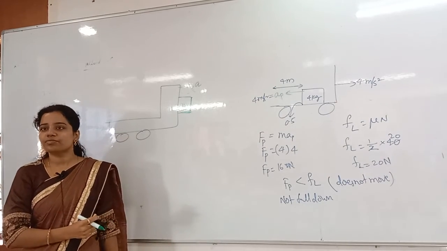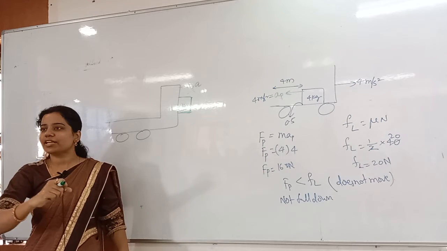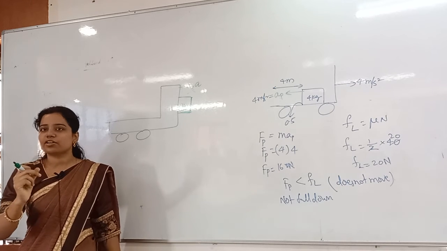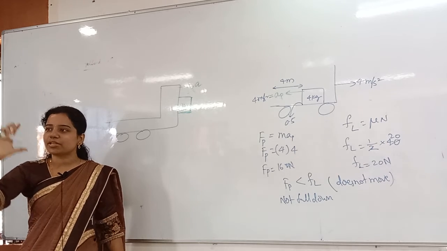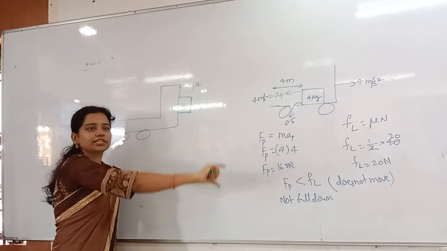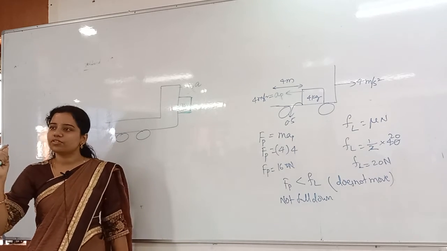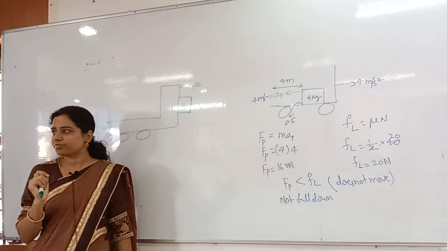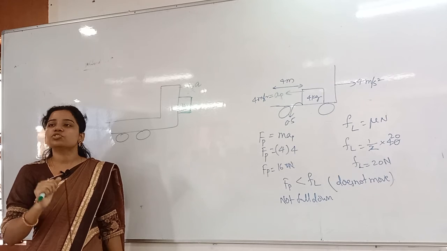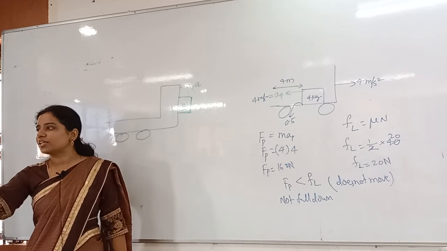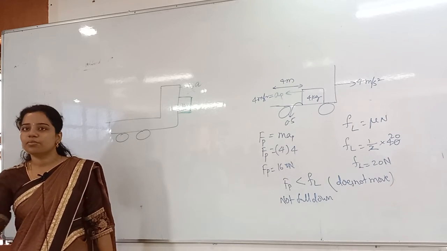So what do I have to do? I have to increase my speed, right? I have to accelerate. Then only it cannot fall down. If I place this marker at rest, it will fall down. Whenever I move like this, it will not fall down. Why? Because I am accelerating forward. So whenever I am accelerating, on the marker who will be acting? Pseudo force will be acting in the backward direction. That will hold the block.